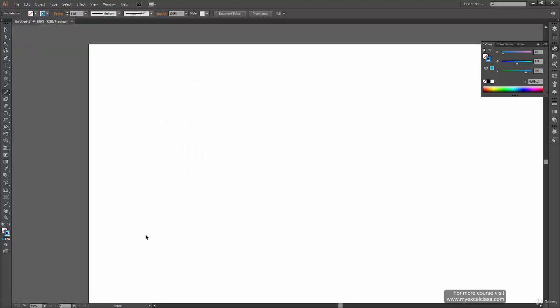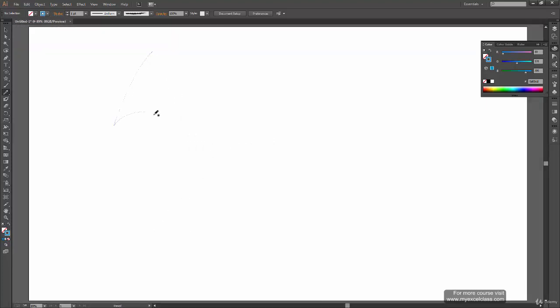Now this time I'm going to draw the same stroke. And now when I select this path, you can see I have these anchor points at an equal distance, compared to the previous path where I had anchor points at very close distance and it was very hard for me to make changes to that shape.